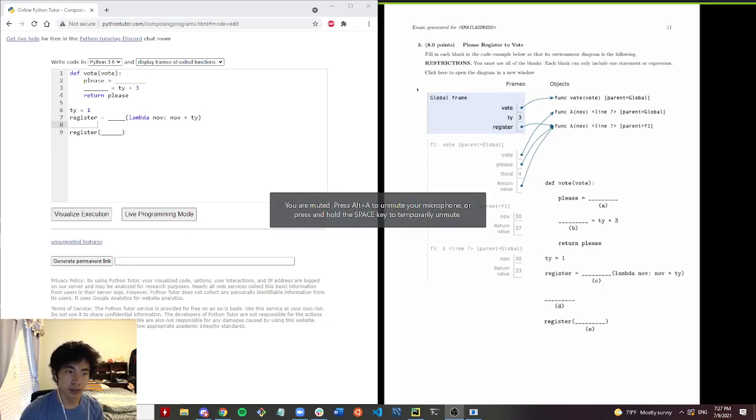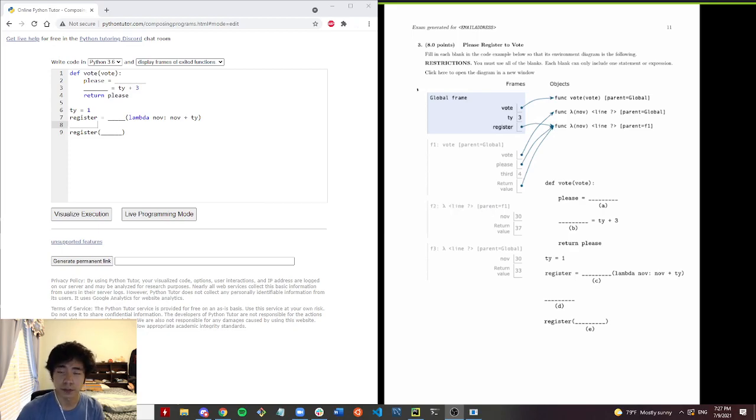Alright, hey everyone. This is question number 3 on the 61A Fall Midterm 1 2020. And so if you don't know how to get there right now,